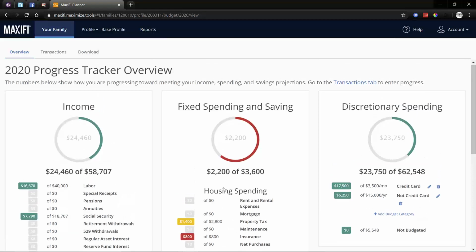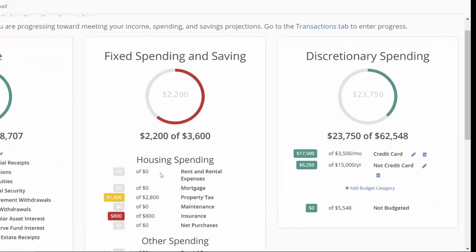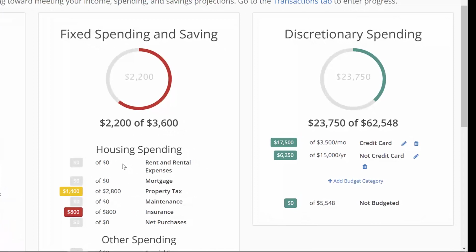So when I get finally over to the discretionary spending column, I see that I have two categories that I'm tracking. One is set up as $3,500 a month, and the other one is set up as $15,000 for the year. I think it would be easier for me to look at this monthly amount, $17,500, which is the amount accrued that I've spent up to this point in the year, which happens to be May. So I'd like to see this as an annual amount too, just like here, $6,250 out of $15,000,